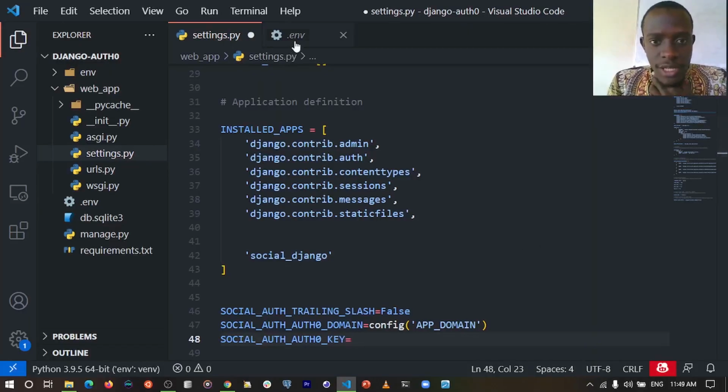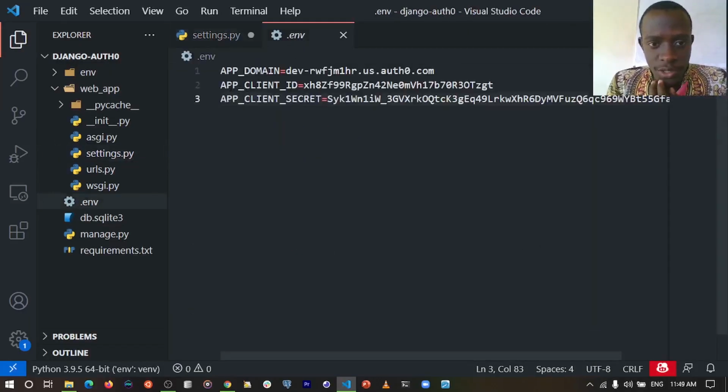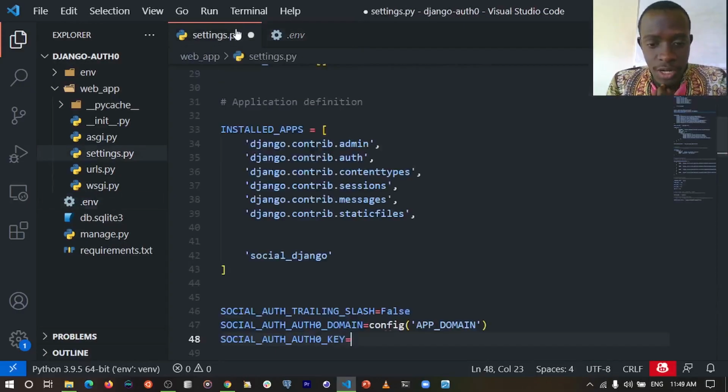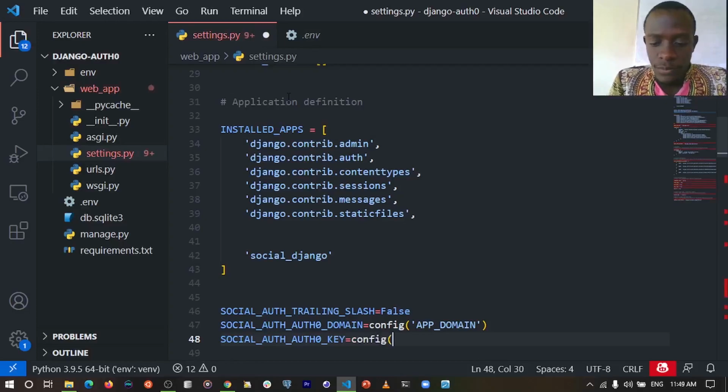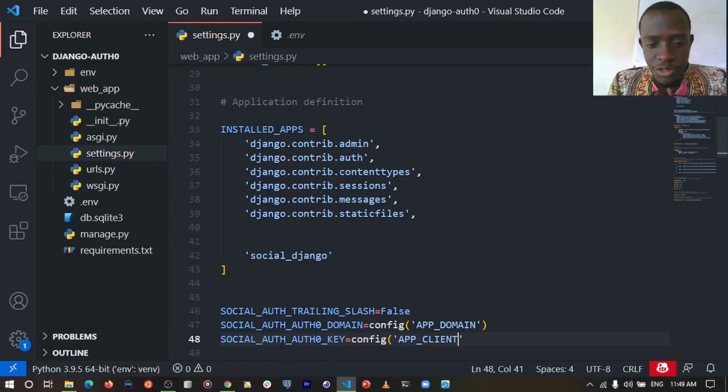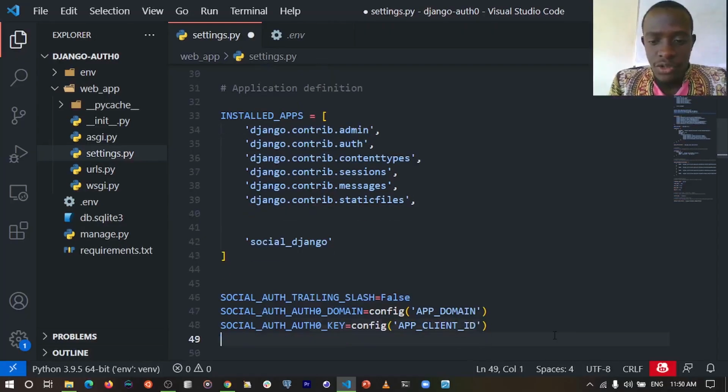So I need to go and see the value of that. So I'm going to come and say app client ID. So I'm going to come, and this is going to be our config. So this I call app client ID. So the social auth0's key is going to have the value of our app client ID. We need to set it, and the next thing is going to be to set our auth0